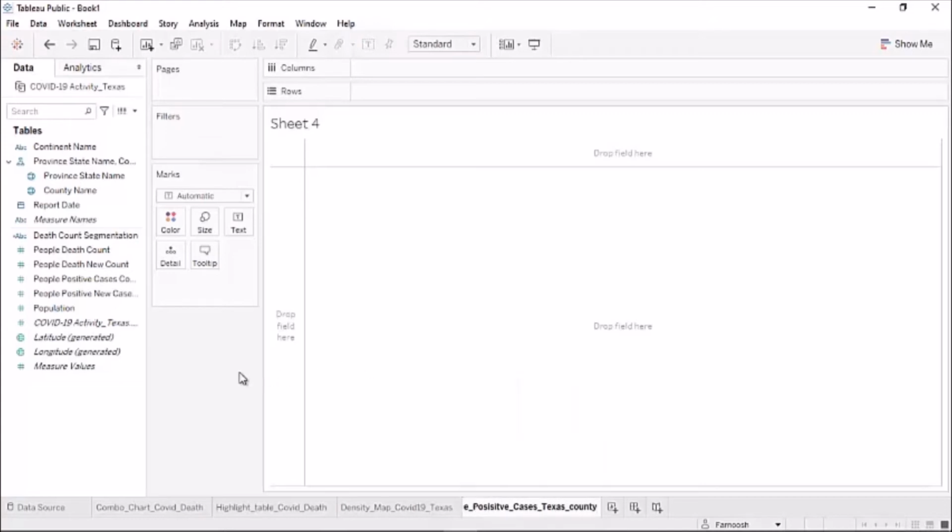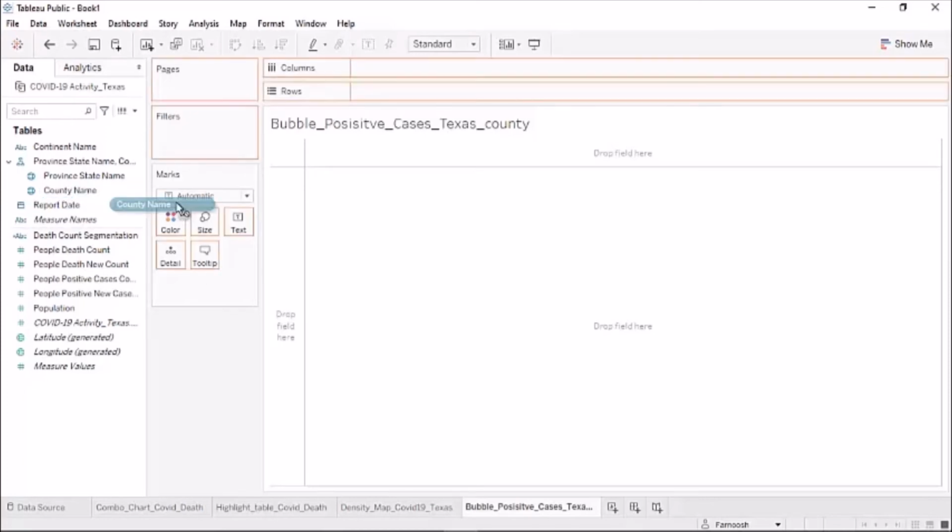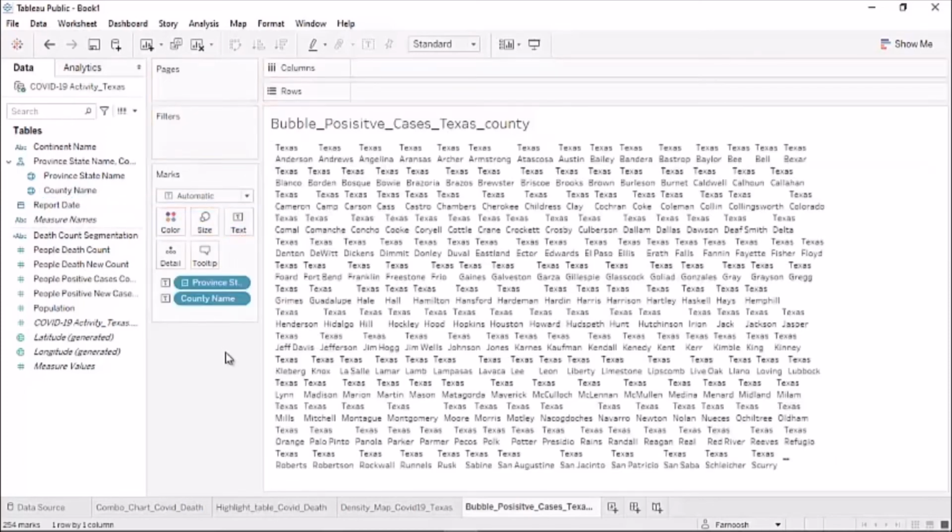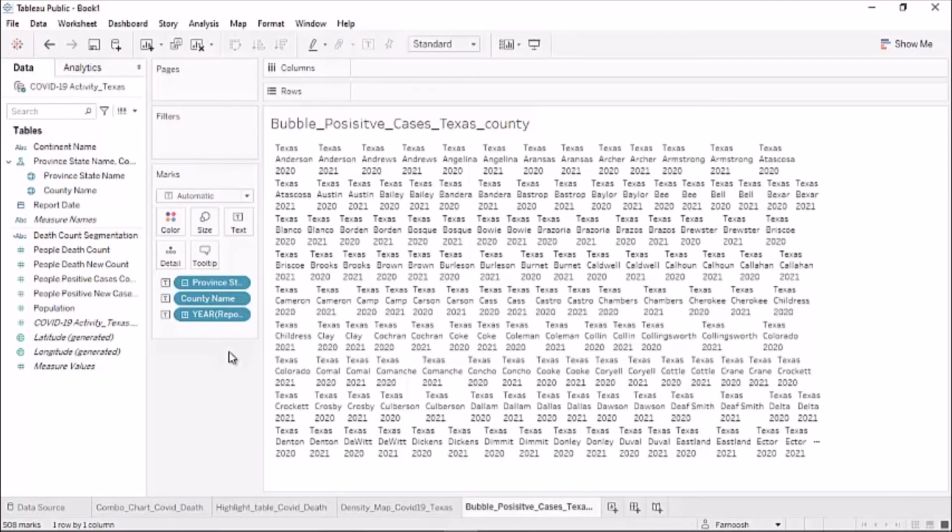Okay, now I drag county name to text in marks card, and I drag report date to text. Okay. And drag people positive cases